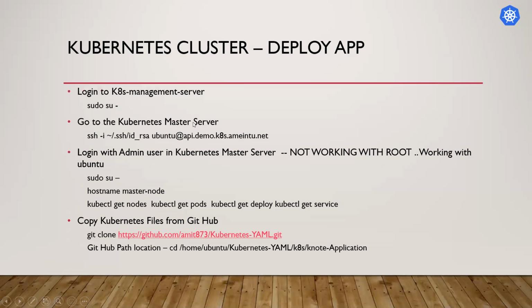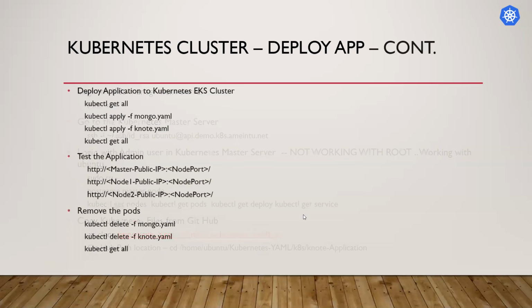After that, we will deploy one application on that Kubernetes cluster, and we will check whether it is working and the services are created successfully or not. We will do all those things here. You can see we will use the GitHub URL, the link here, where we have all those files. After deploying the application, we will test it, and after that we will remove all those pods or services. This is the agenda for today's discussion. So let's start the POC.